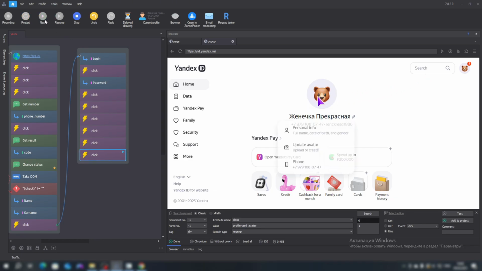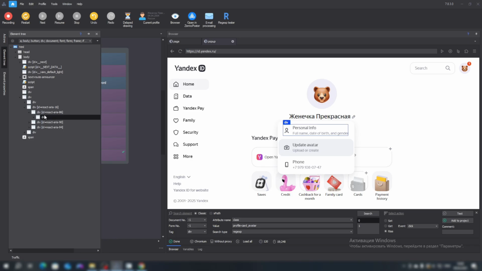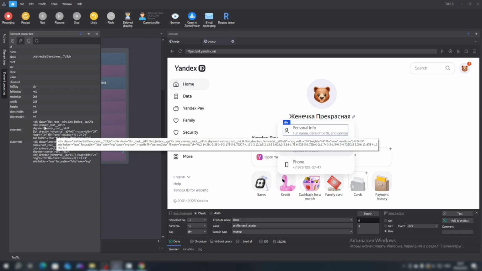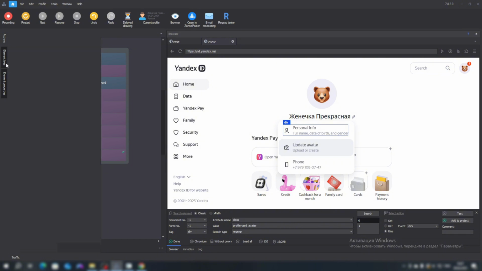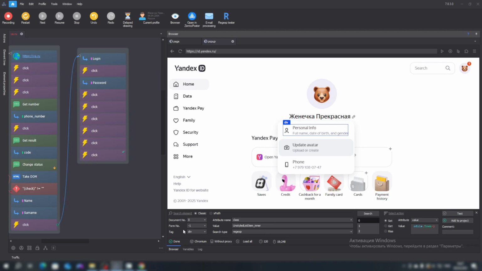And next, we need to select the Personal Information tab. Through the element tree, let's check what we can attach to. We can attach to the div. Inspect the element, refresh, and add it. We will attach to this value. But the indexing of them will not change. It will remain constant. We add our project.